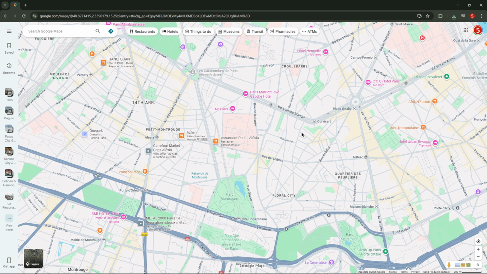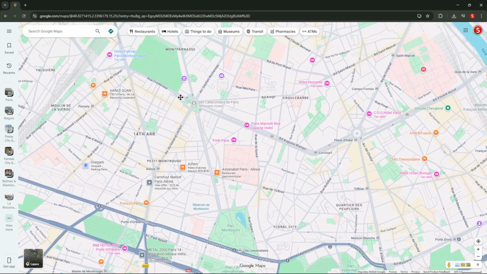Start by opening Google Maps. You can use a web browser at maps.google.com on a computer, or the Google Maps app on your phone or tablet. Make sure you have a stable internet connection so the map, tiles and imagery load smoothly. If you're on mobile, allow location services if you want the map to center around where you are, but that's